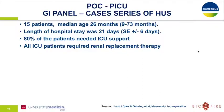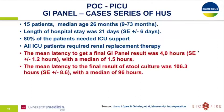All these children were referred to the hospital and hospitalized due to the suspicion of a hemolytic uremic syndrome. And not so surprisingly, most of these kids needed intensive care unit support. 80% were treated at an intensive care unit, and all of these children required renal replacement therapy. And along with the single case that I just showed you, we could confirm the huge advantage of having access